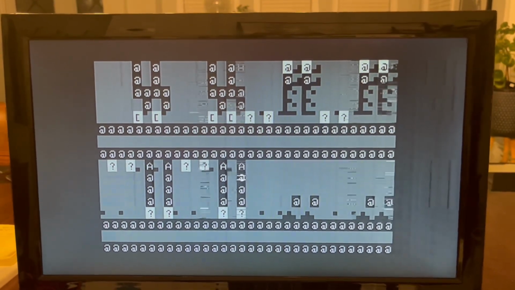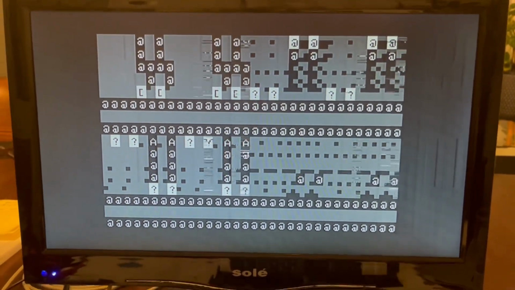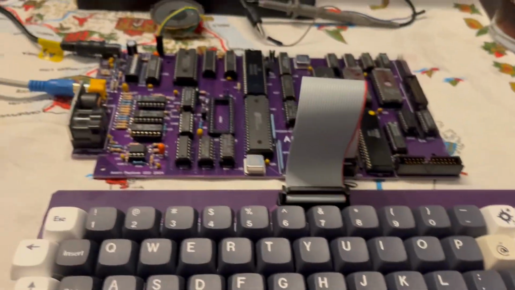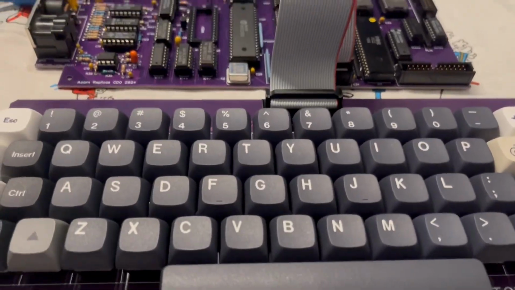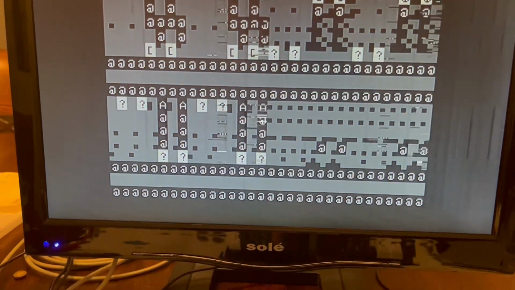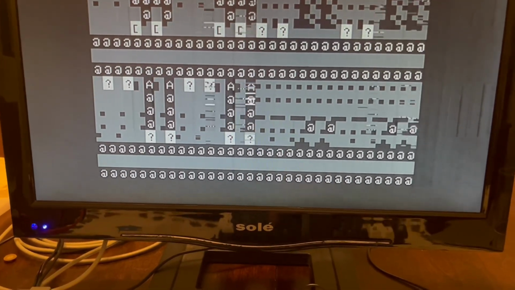Okay, and I think the program finished because I just typed like H and then enter and you hear the error beep. Now if I type clear 4, enter, it goes into graphics mode, and if I run it,